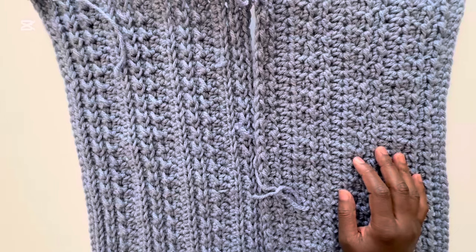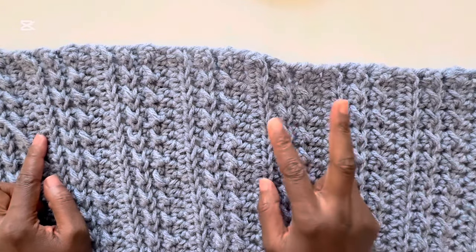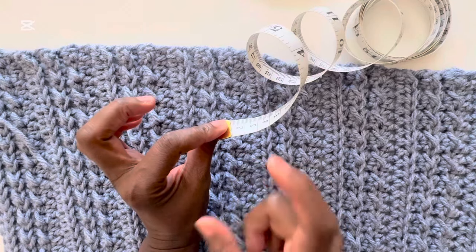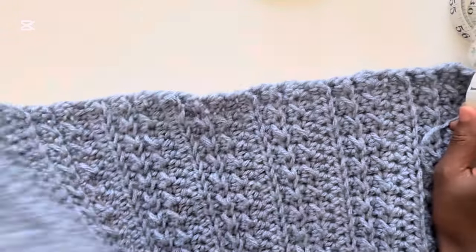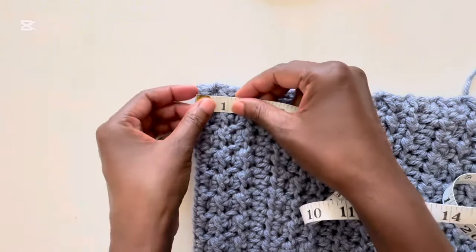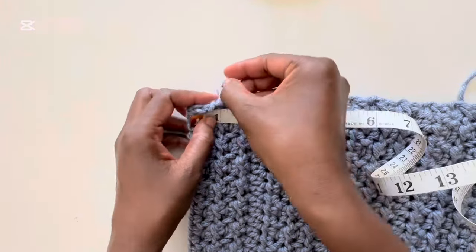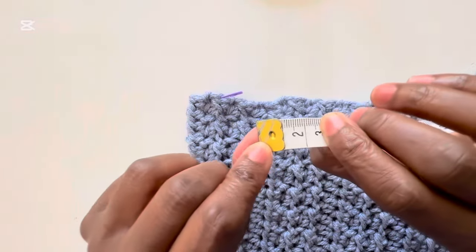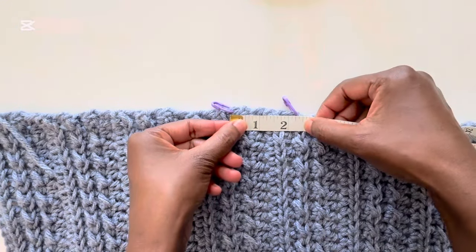We will now assemble these panels to make up the body of the cardigan. We'll begin with the back panel. With your back panel, we need to mark out the neckline along the width of this panel. So along the top edge, we need to mark out a neckline that measures 2 inches or 5 centimeters. Fold your back panel in half as I am doing here. Make certain that all your edges are properly aligned. Mark off 1 inch or 2.5 centimeters from the folded edge. Place stitch markers on both the layers to mark off. When you open up this panel, you should have a measurement of 2 inches or 5 centimeters from stitch